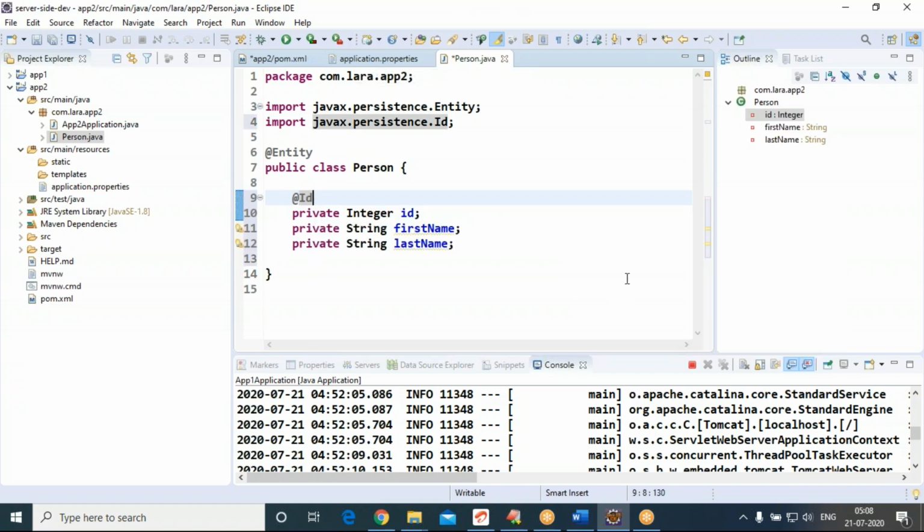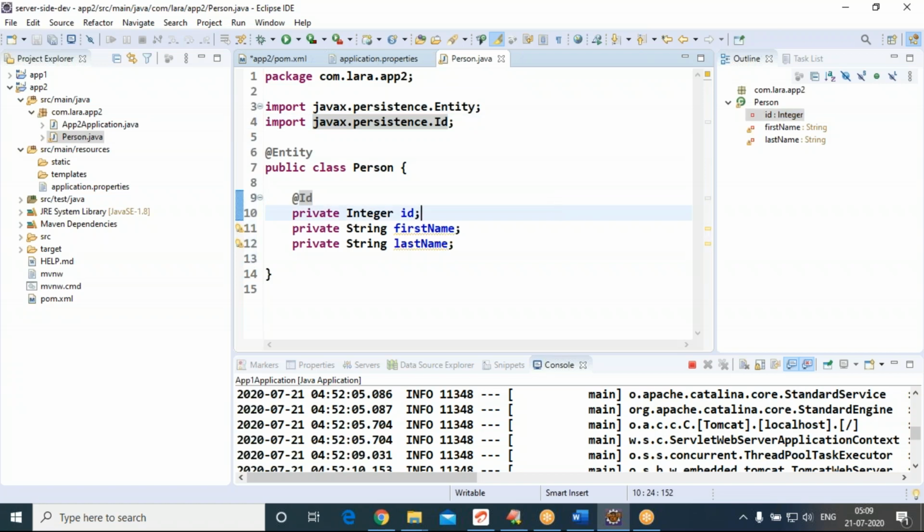Check the two imports. On top of the Person class, @Entity, that Entity is available here. On top of the ID attribute, @Id, that Id is available here.